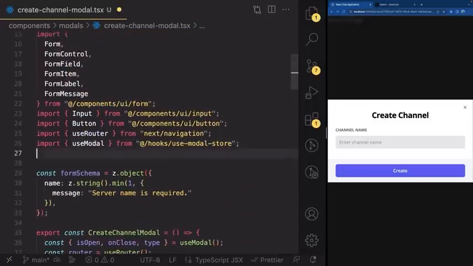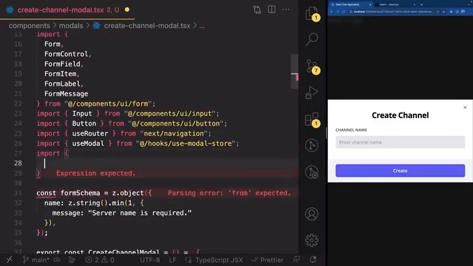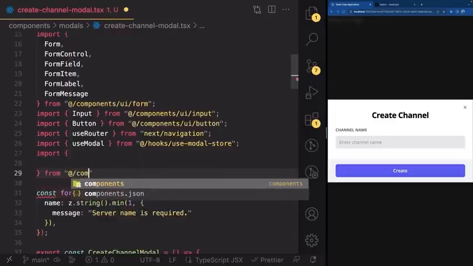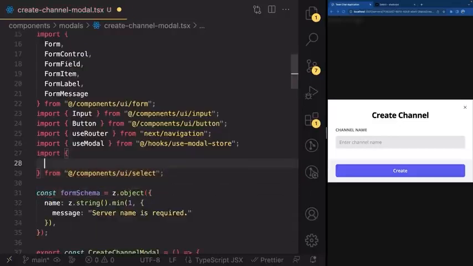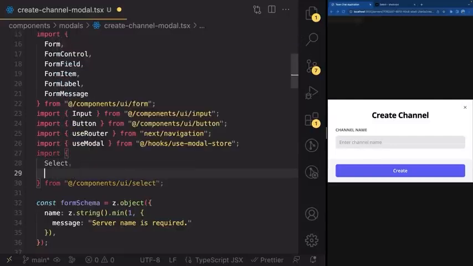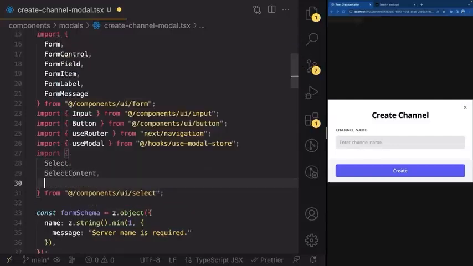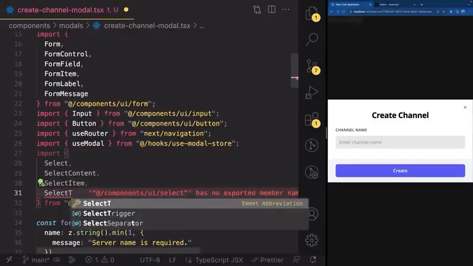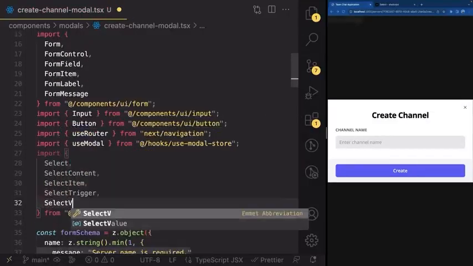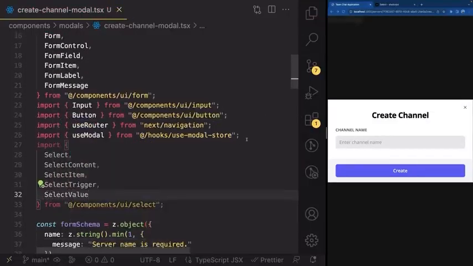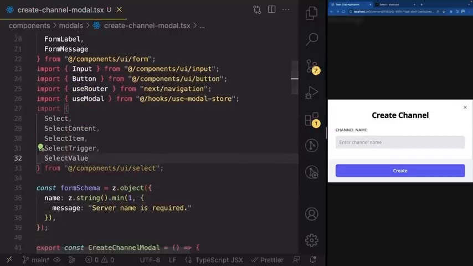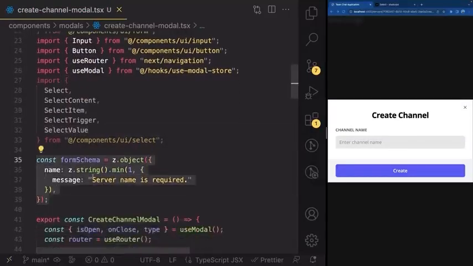So just below this use modal, I'm going to add an import from @/components/ui/select like this. What we are going to need is the Select component. We're going to need the SelectContent. We are going to need the SelectItem, SelectTrigger, and SelectValue like this. Perfect. So now let's go inside of our form schema right here and modify the